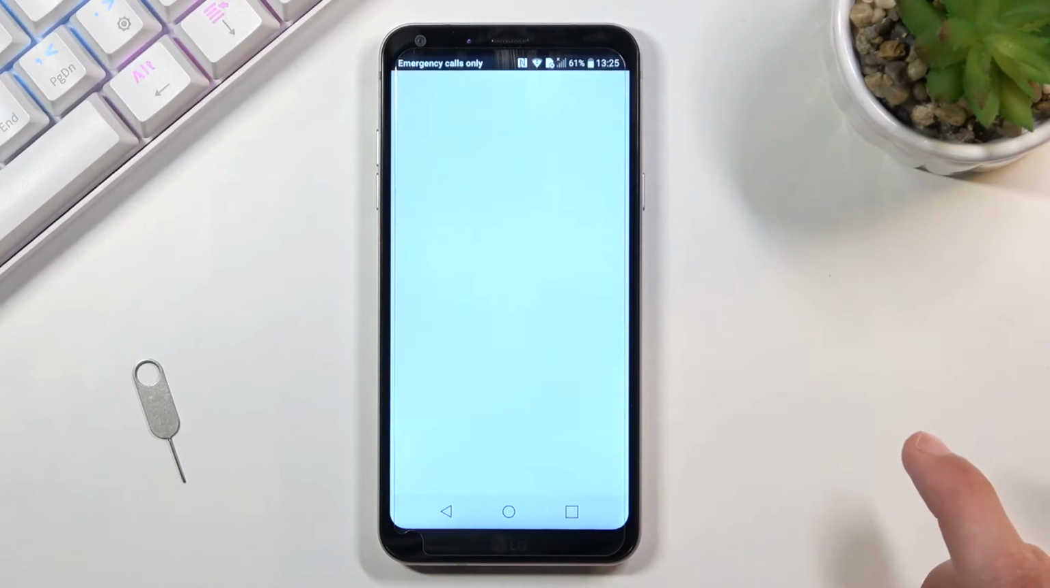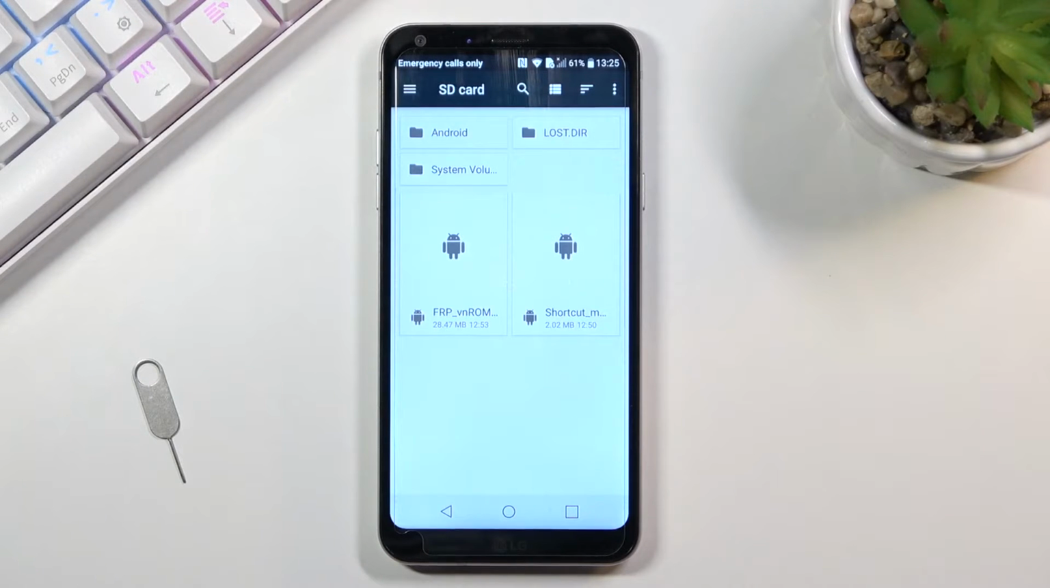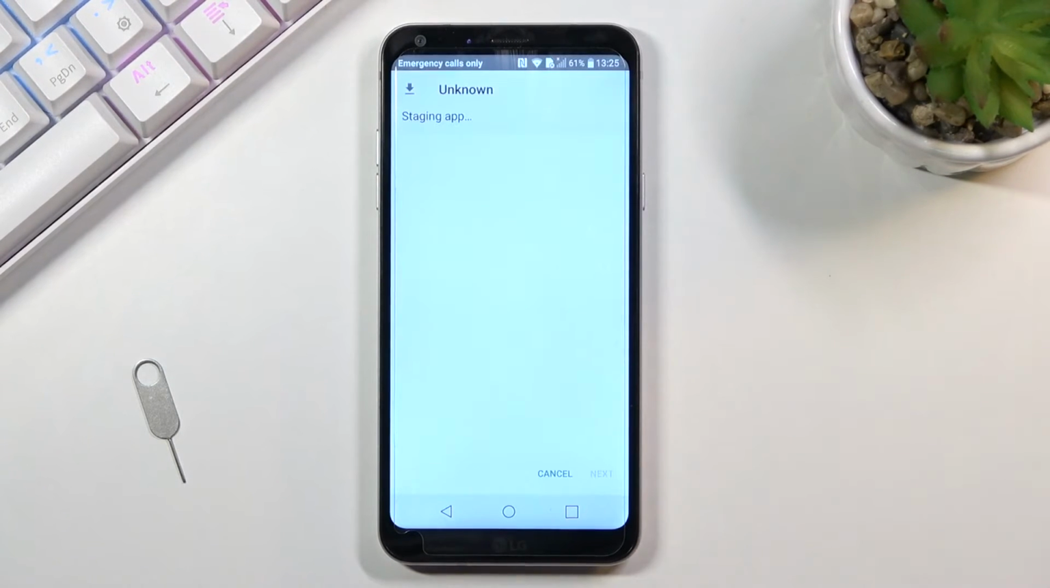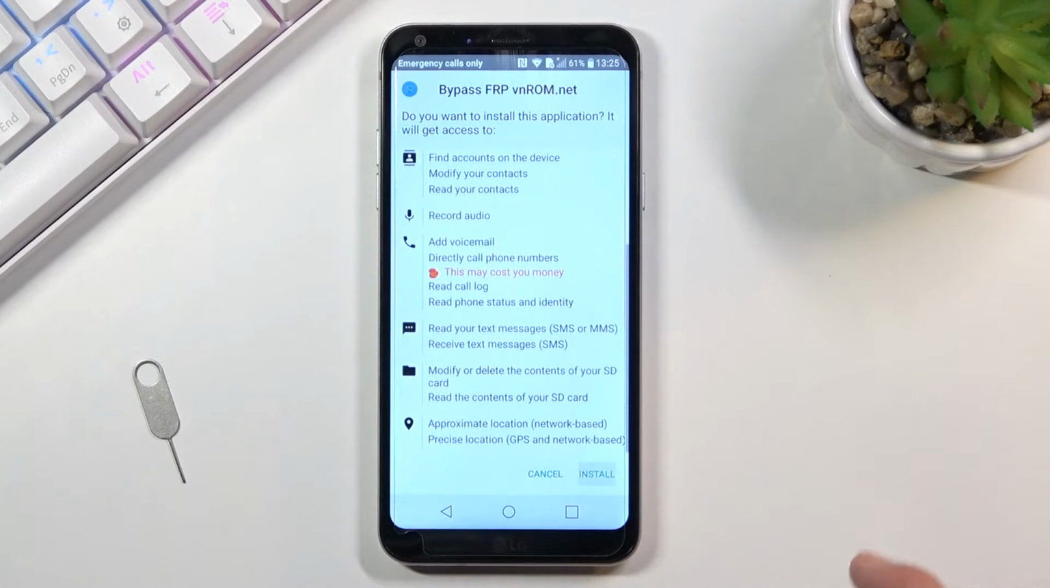select your SD card, and you should see your two different applications that we have downloaded and loaded up on the SD card. So from here we're going to start off by installing the FRP VRAM, which is going to add the option to log into Google. So install,